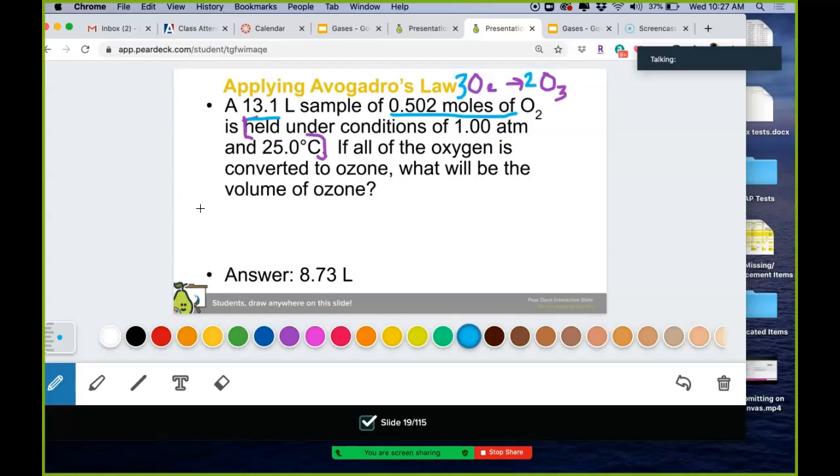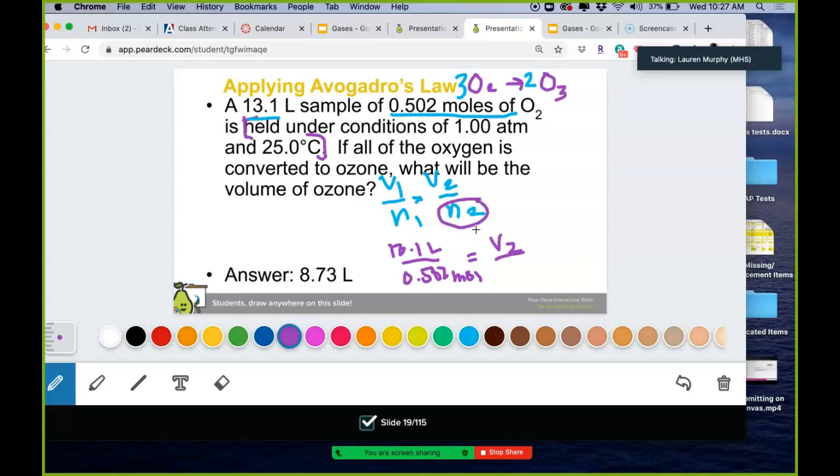So where am I going to do this? V1 over n1, and they want the new volume, but they want it to be ozone. So I have V and n initially, so I'm going to plug those in. So I have what volume? 13.1 liters over 0.502 moles equals the new volume, that's what I'm trying to find, over, how do I find the moles of